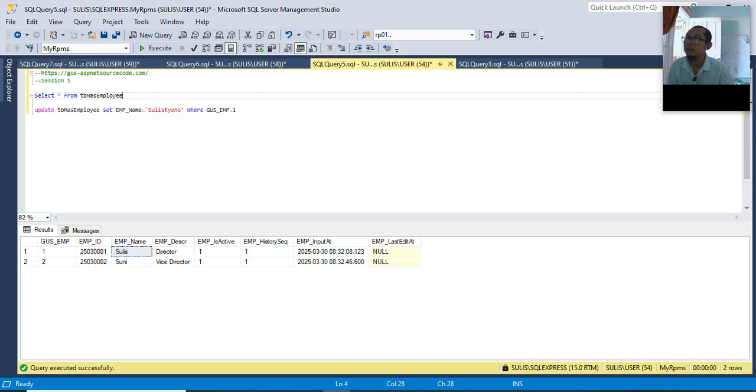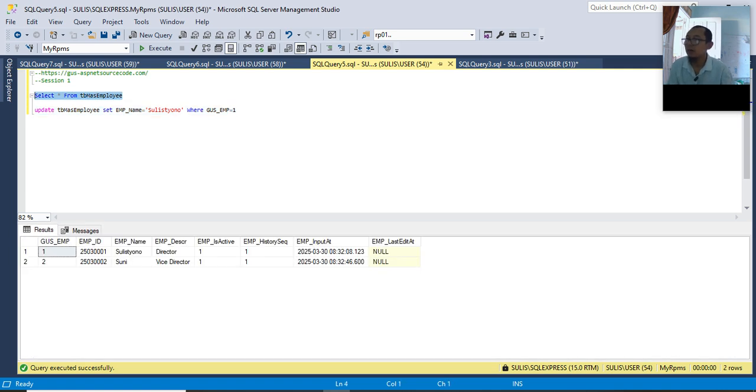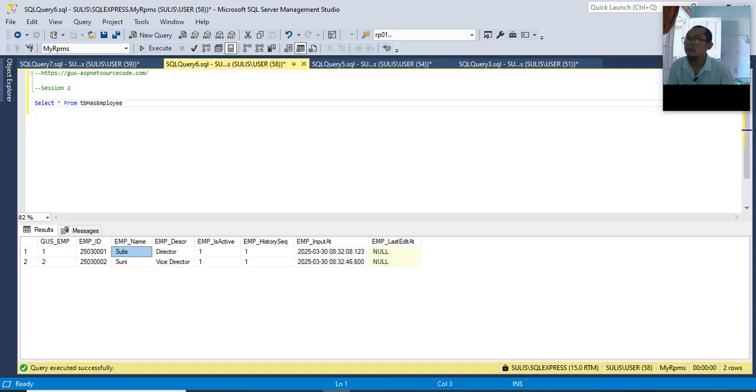Now in session 1, I will update the Sulis employee name to become Sulisyono. Let's check the result. Already Sulisyono. Now let's check session 2. Already Sulisyono.